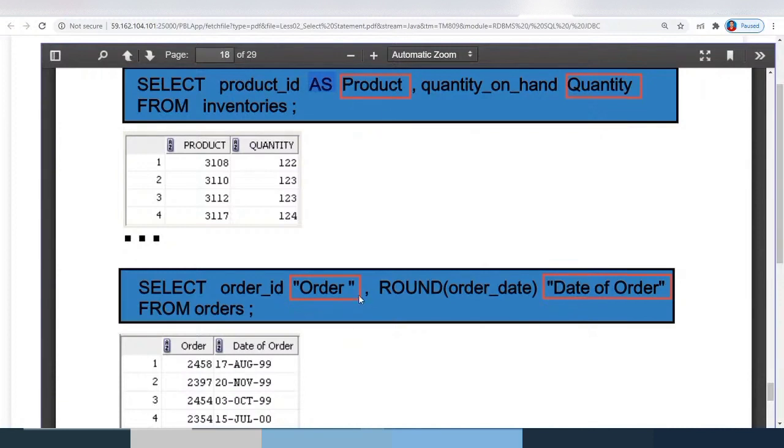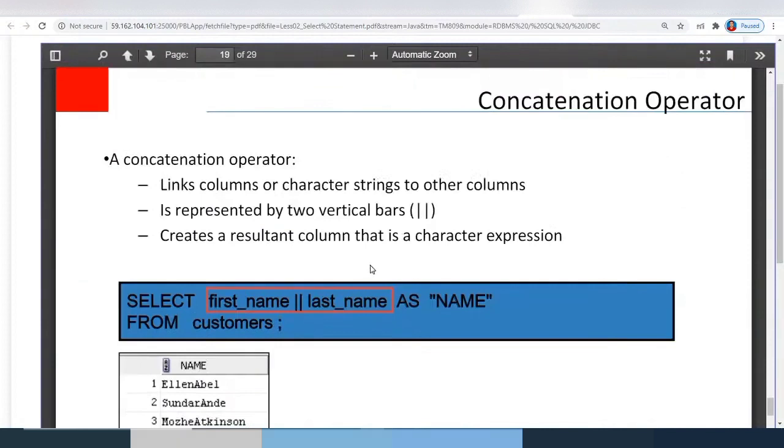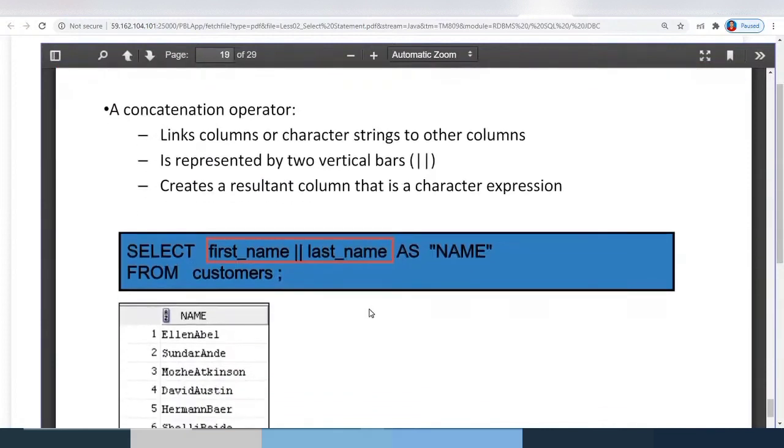And double quotes usage is optional, as I told you. And this is the concatenation operator. This concatenation operator, you can just use it over any number of columns. Automatically, whatever number of columns you give using these vertical bars, all the values in those columns for each and every tuple will be concatenated